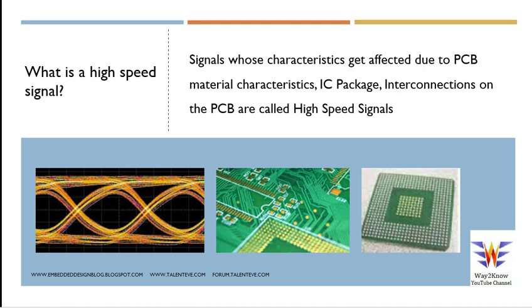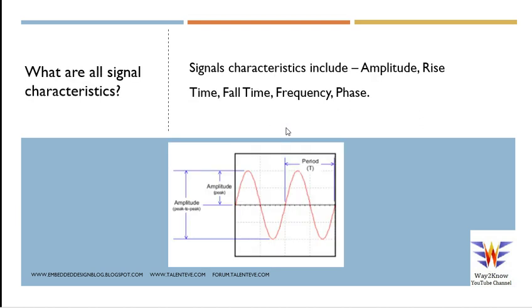So that means if we are routing a signal from one point to another, and the signal gets affected by this interconnection, and if you see such symptoms, then it is definitely a high speed signal. All these could come into the picture. So you cannot escape any point at any time if you are working on a high speed signal. To put it simply, you are on a huge radar, and you need to escape it and make the designs work.